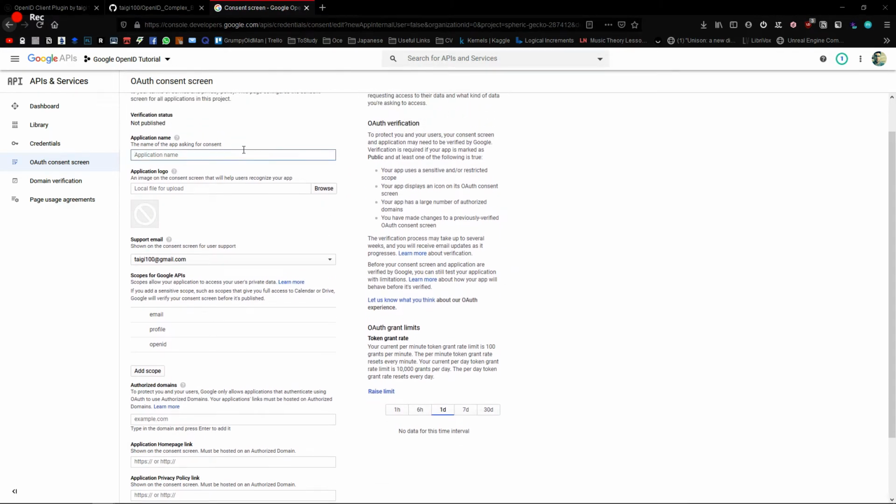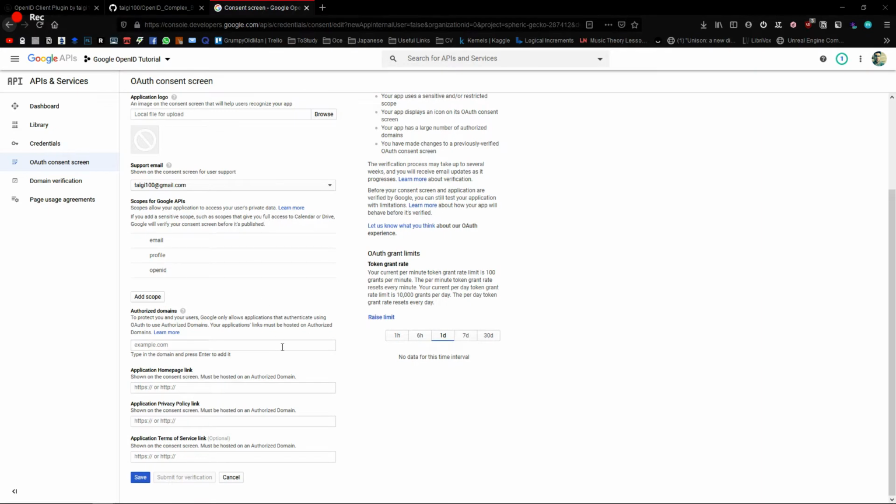What you have to complete in here is the application name. This is the name that's going to be shown to the user. I'm just going to put ID client login tutorial. You can set up various things such as the logo, the support email, authorized domains, and so on. You can just hit save for now.